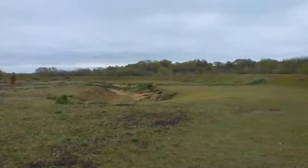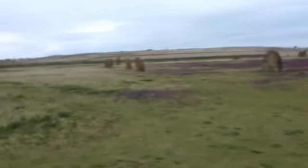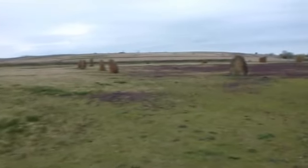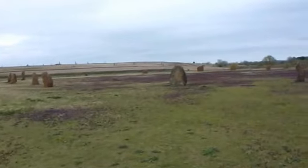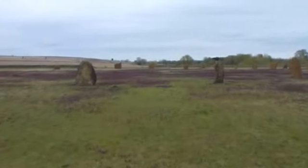It is a recreated monument because from the Saxon times onwards, this was ploughland. It was heavily ploughed, and only 3 stones were standing in the 17th century when it was visited by John Aubrey, the 17th century antiquarian. John Aubrey said in his Monumenta Britannica that this was a stone circle. But there were only 3 stones standing, and possibly not in one of them, at least not in its original